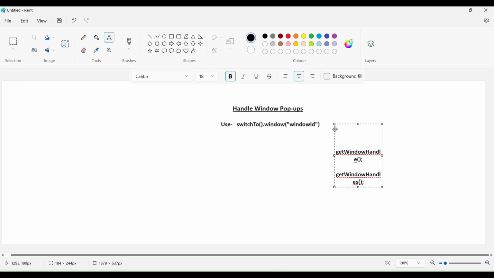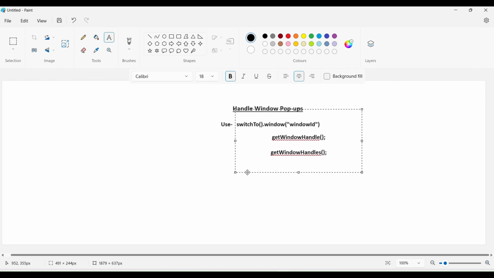We have two methods, so we can use both methods to get the window ID. One gives you the current window ID and the second one gives you the set of string return type. Okay, so we can store it like this.